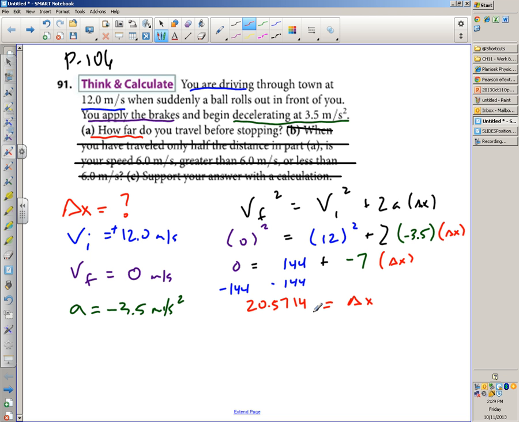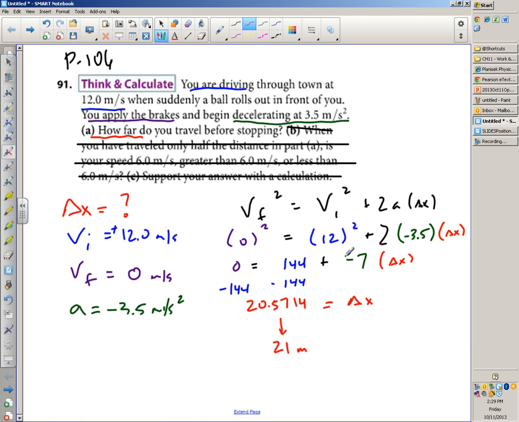So 2 things we've got to talk about here. First, 3 significant digits in this number here, 2 significant digits in this number here. So we should probably round this calculator answer to 21 meters. Okay? Good there? But then, maybe more importantly to our understanding of this situation, when you have negative 144 divided by